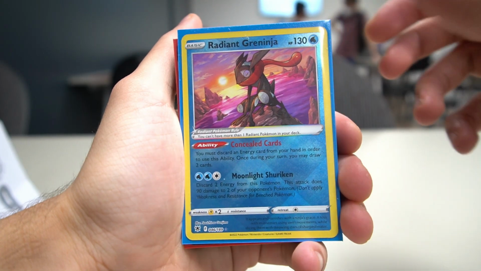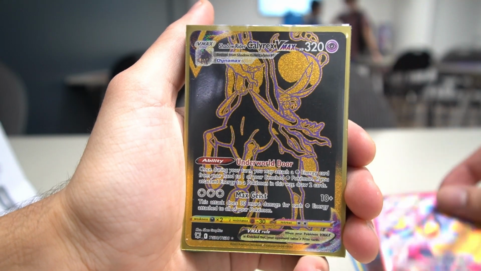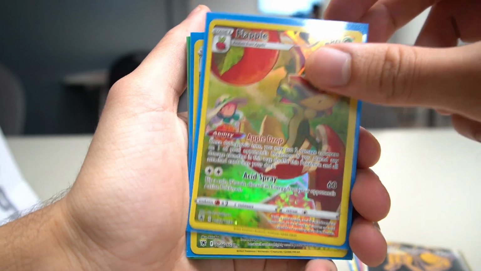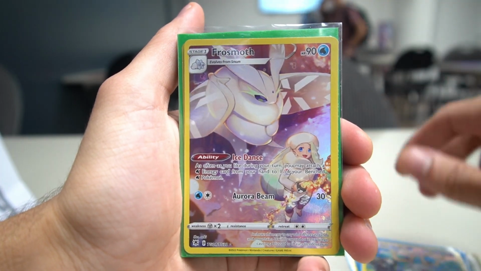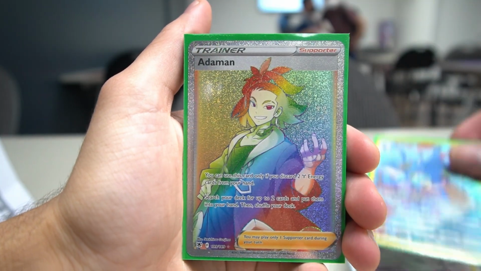The Pokemon Company sent him a booster box and an ETB. So these are pretty much all of his pulls that he got from both of those products, and I gotta say the artwork in this set is phenomenal. The trainer gallery is really something to be excited about. The pull rates are looking really good, and there are so many good competitive cards in Astral Radiance coming out on